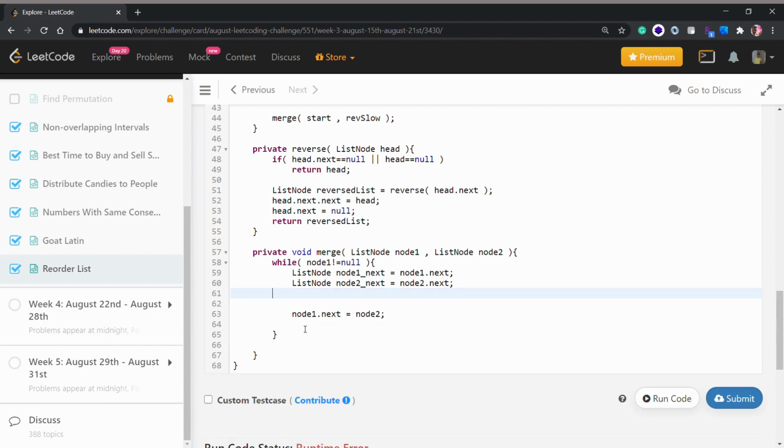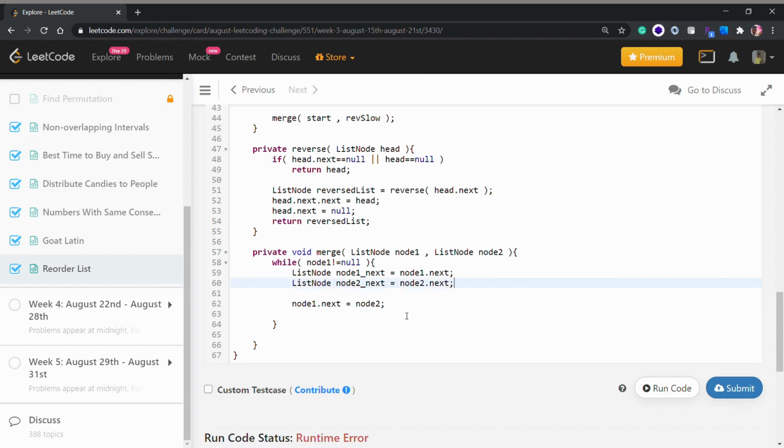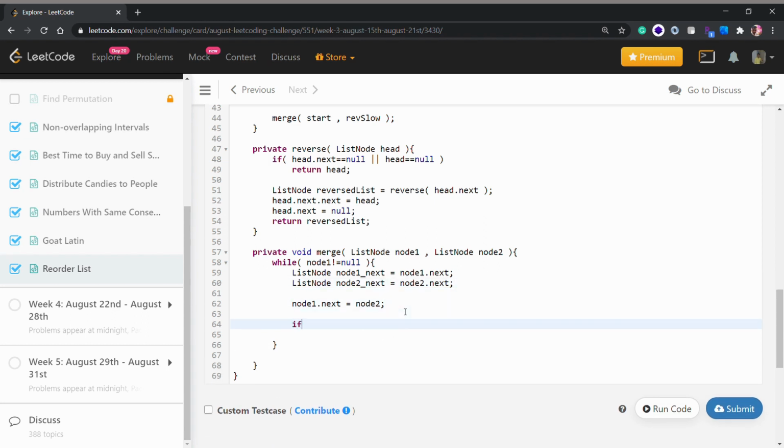So our node1.next will be equal to node2, and here we will have a check if node1_next is equal to null, because remember here we are changing our reference to node1, so we have to use this list node variable.